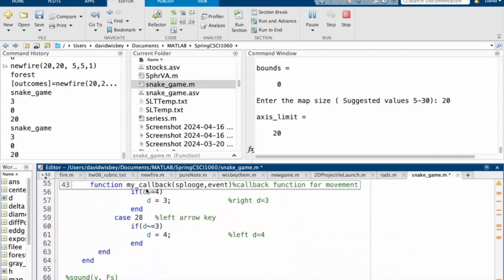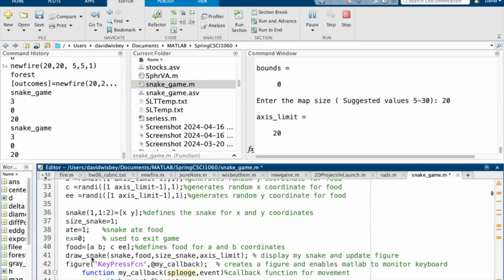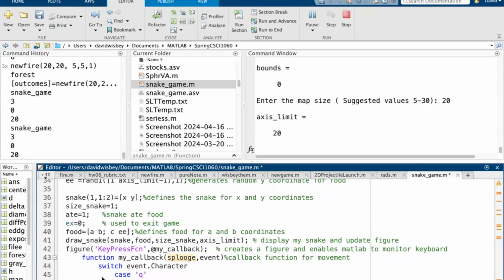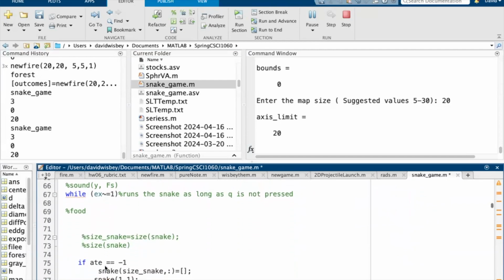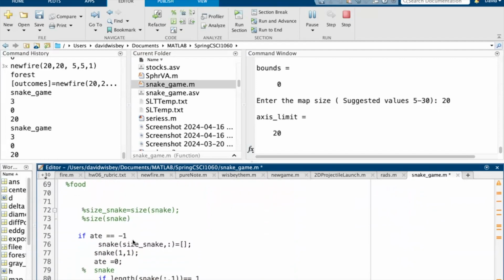Okay, so let's see here. This is a function, and it's my callback. This end signifies the end of this function. All right, now I get to my while loop, and I say if EX does not equal 1, continue my while loop. The first thing I need to do is say, if 8 equals -1,